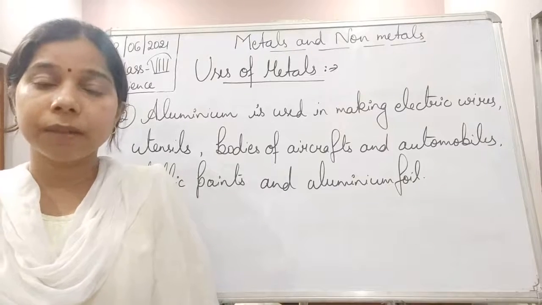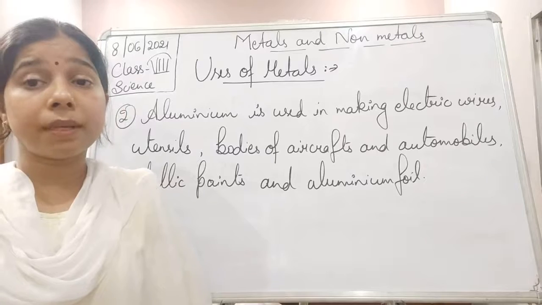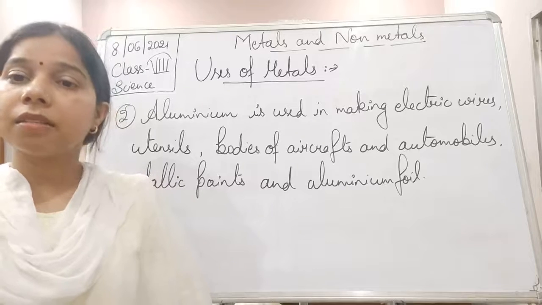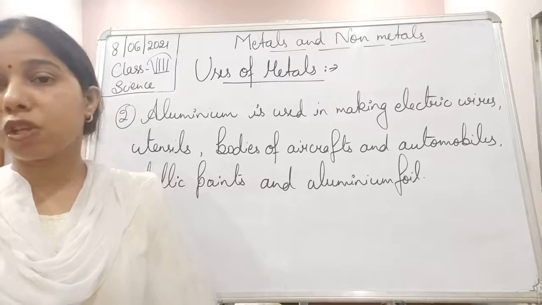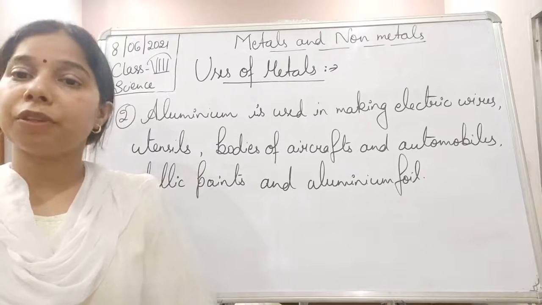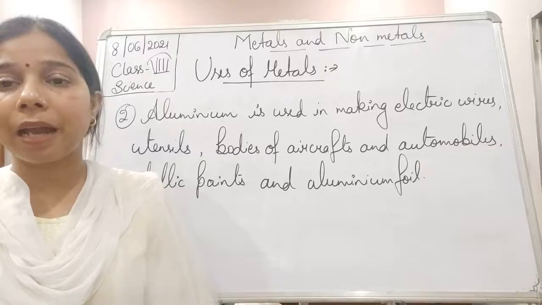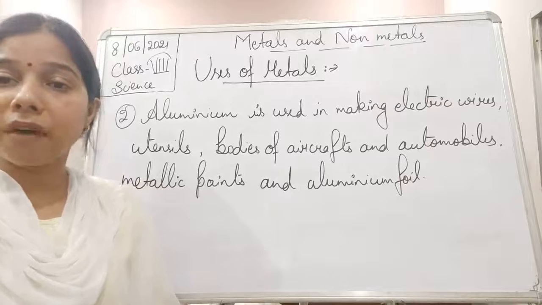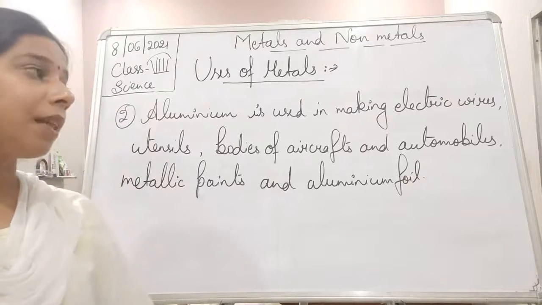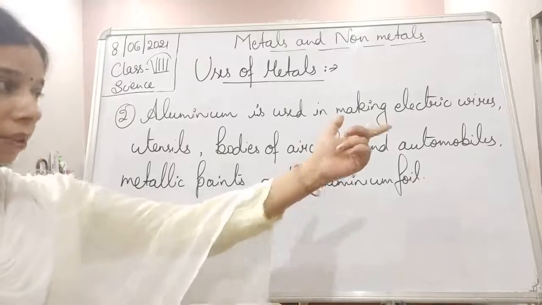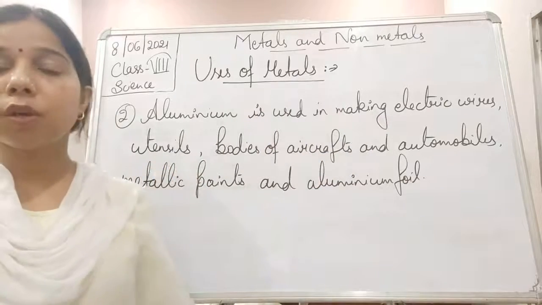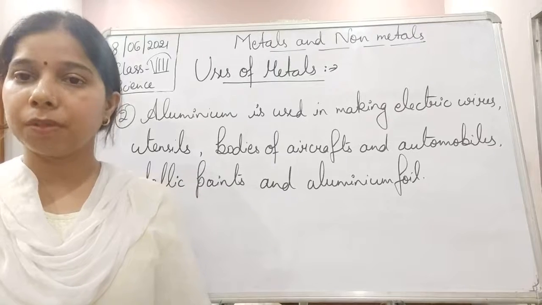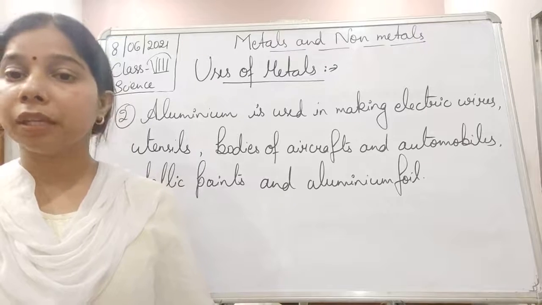Good conductor of electricity. You will say that silver is also the best conductor, so why are we not preferring silver over aluminium? Obviously, silver is costly, it is not cheap. So that's why we prefer aluminium. Being a good conductor of electricity, silver can be replaced by aluminium. So it is used in making electric wires as well as utensils. This shows that they are good conductors of electricity as well as heat. Being a good conductor of heat helps in making utensils. That's why it is used for cooking purposes, because it will provide a path for the heat to travel.